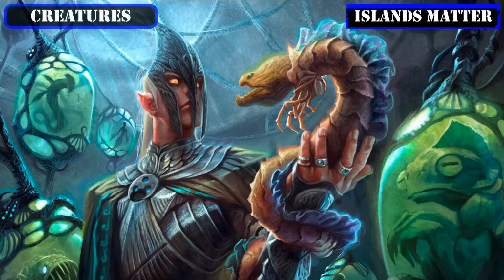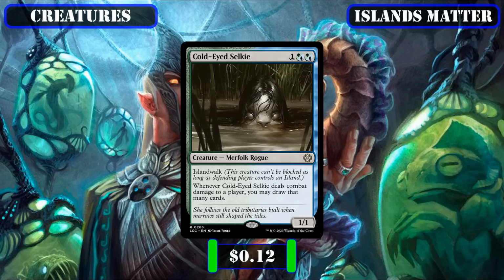Then, as we approach the end of our creature base, we'll be adding in a pair of creatures that care about Xolatoyac's ability to turn lands into islands in order to make themselves more powerful, those being Cold-Eyed Selkie, whose built-in islandwalk and draw that scales off damage dealt pairs fantastically with our commander's ability to turn any of our opponent's lands into islands to reliably get in for damage and draw us cards off of any target,